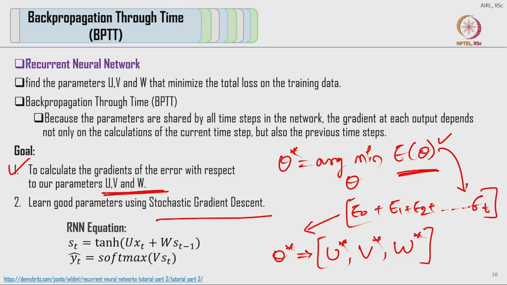Now again we call it backpropagation through time because these sets of learnable parameters are the same across different states, and we will observe this in the next slide, that as we backpropagate through even previous timestamps to get the most optimal set of U, V, W,